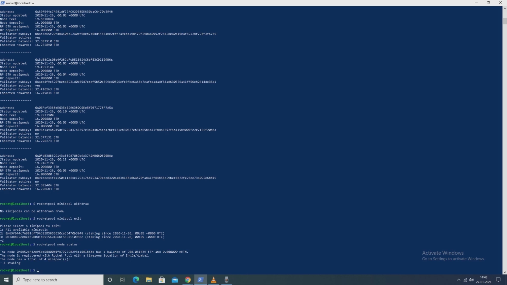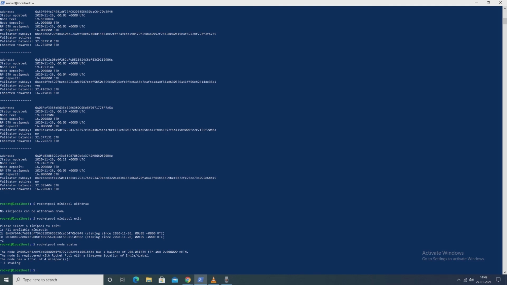And at that time, after withdrawing the funds, the N ether balance should change. N ether will be given to the node operators, those who are validating, and R ether will be given to the stakers, those who only stake ether on the network.